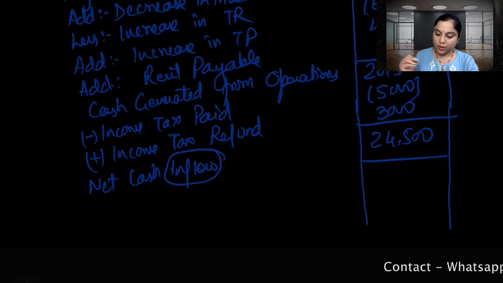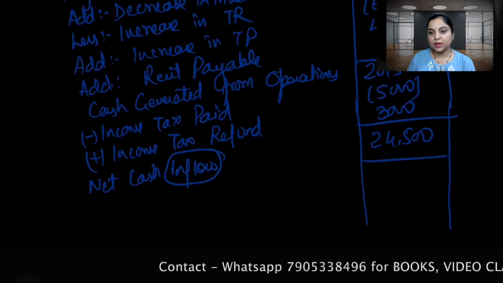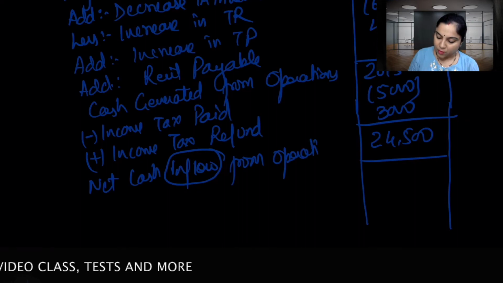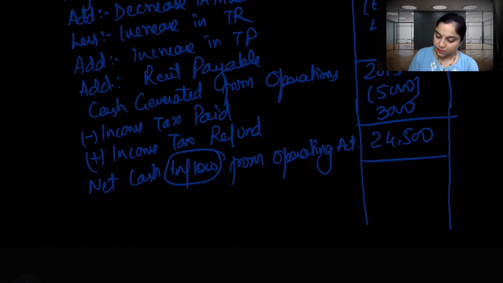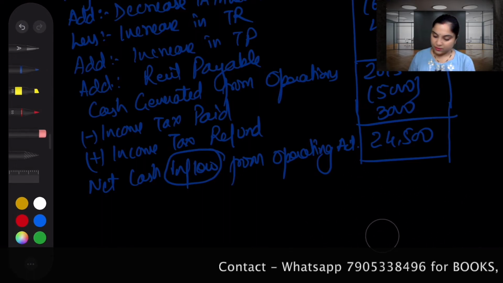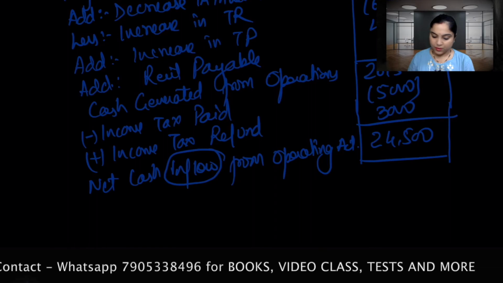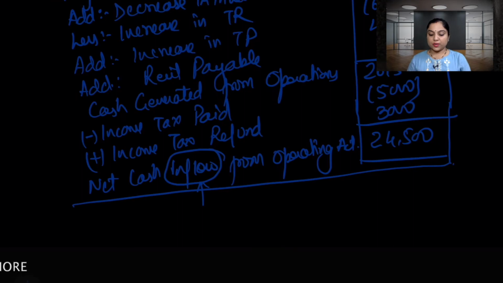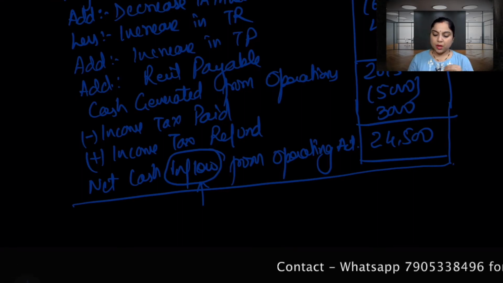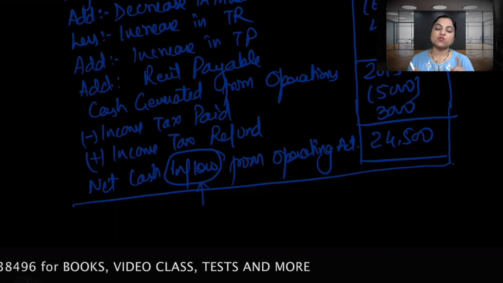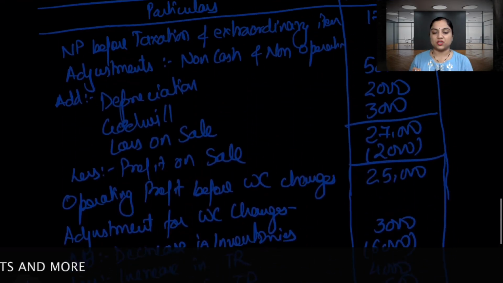This point is very important because we got a positive result, so it is a net cash inflow from operating activity. I'm writing the shortcut; please avoid it for the purpose of examination. It's very important to take care whether it's inflow or outflow. Few students might think, ma'am, why do you adjust income tax refund here and again there? It's for the correct presentation. You have to show the real picture of the items.